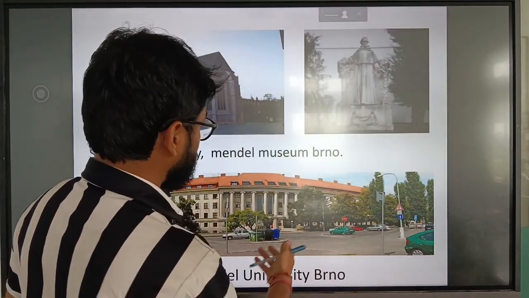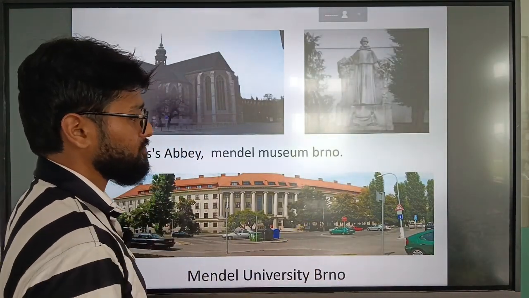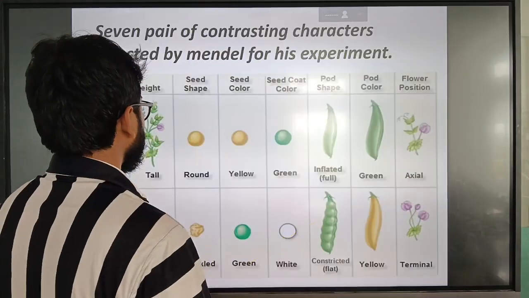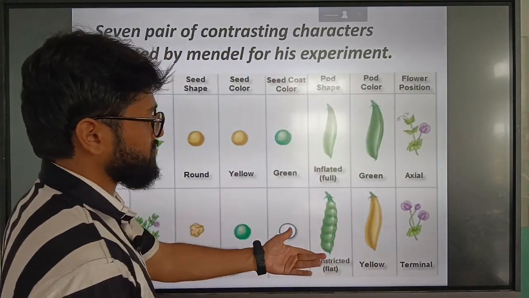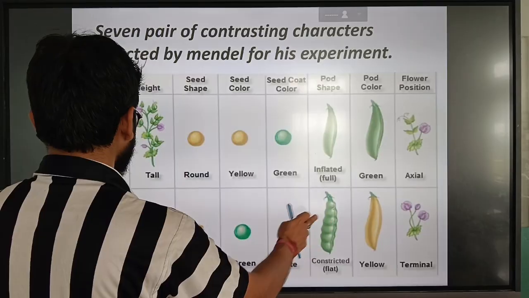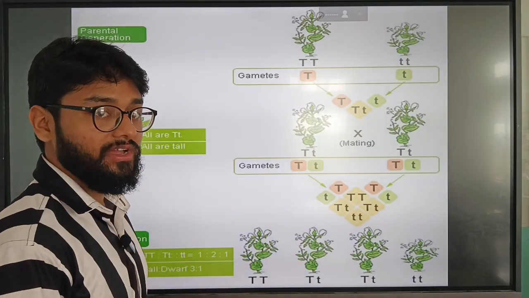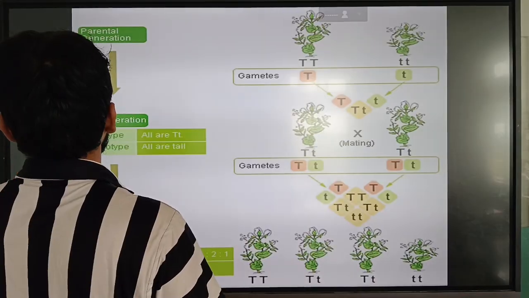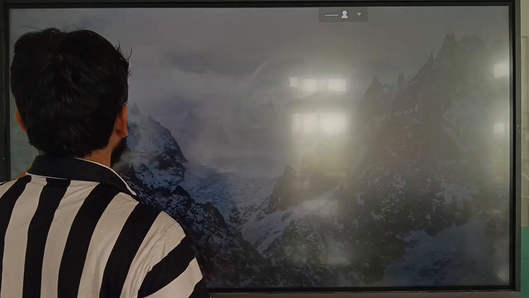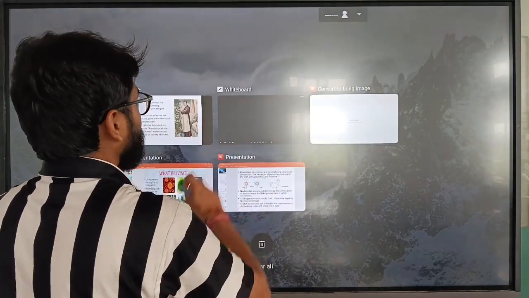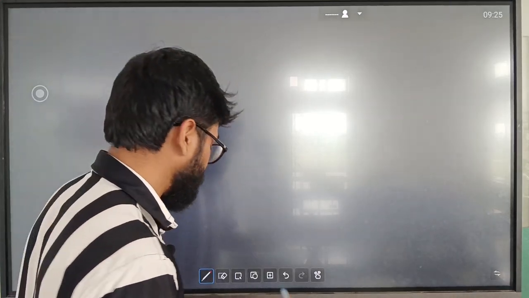Okay, moving on. This is the university, Mendel University in Brno. These are the characters which we just discussed, and these are the crosses that we are going to discuss. Now in that sense, let me explain to you in a very brief way